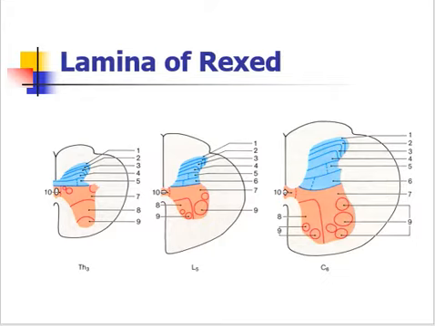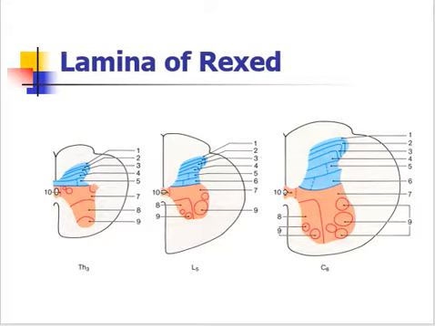The posterior gray horn contains the nuclei of sensory neurons, which receive impulses from the various receptors of the body through the posterior nerve root fibers. There are four types of nuclei of the sensory neurons: the marginal nucleus, substantia gelatinosa, chief sensory nucleus, and finally the dorsal nucleus. So these are the nuclei present in the gray matter.